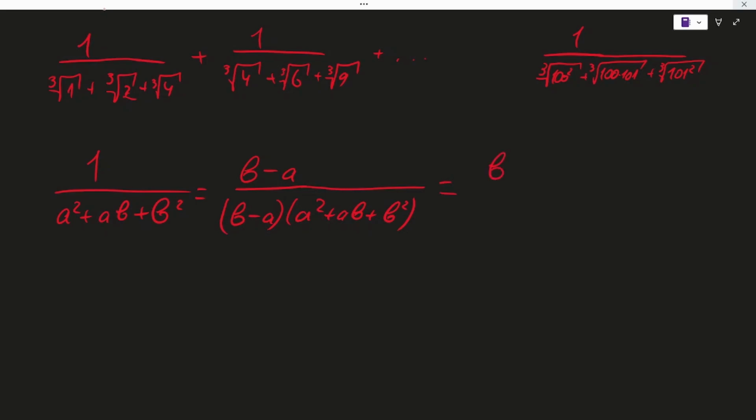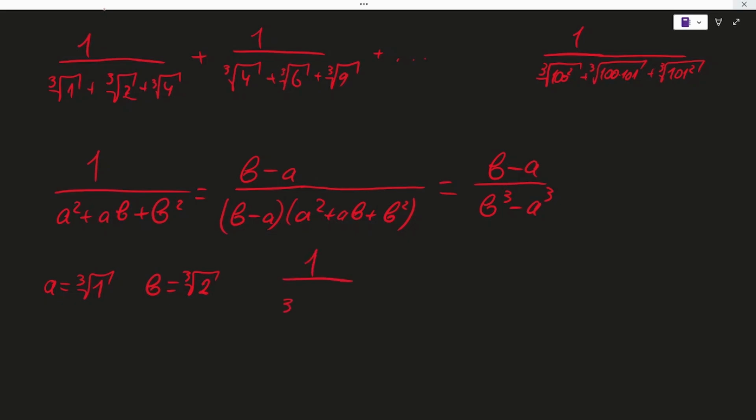So our sum will be b minus a divided by b cubed minus a cubed. And in our case, in the first fraction, in terms of a, we have cubic root 1, and in terms of b, we have cubic root 2, because cubic root 2 squared is cubic root 4. So if we apply our formula for the first fraction,